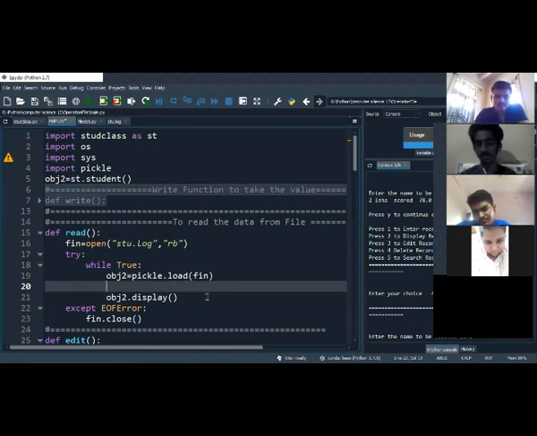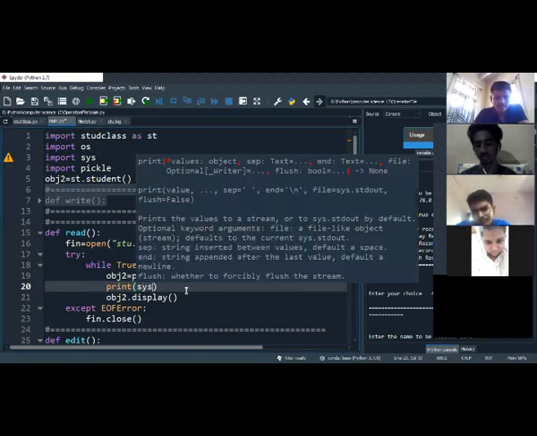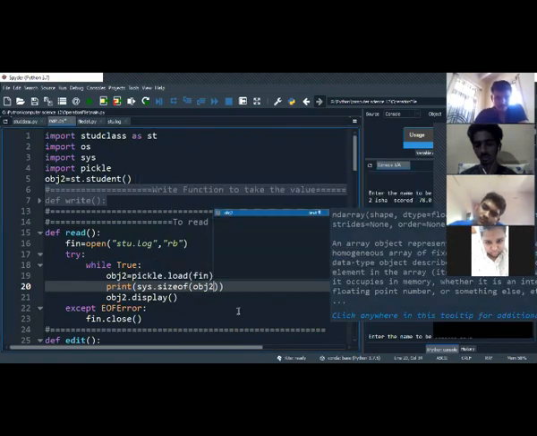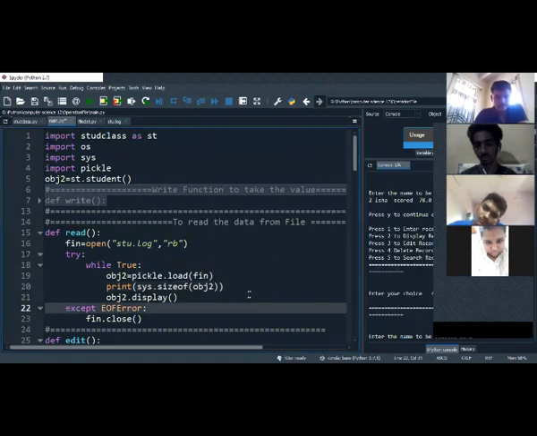So I'm writing print. Now this will give me the size of each of them. Let us run it and check.